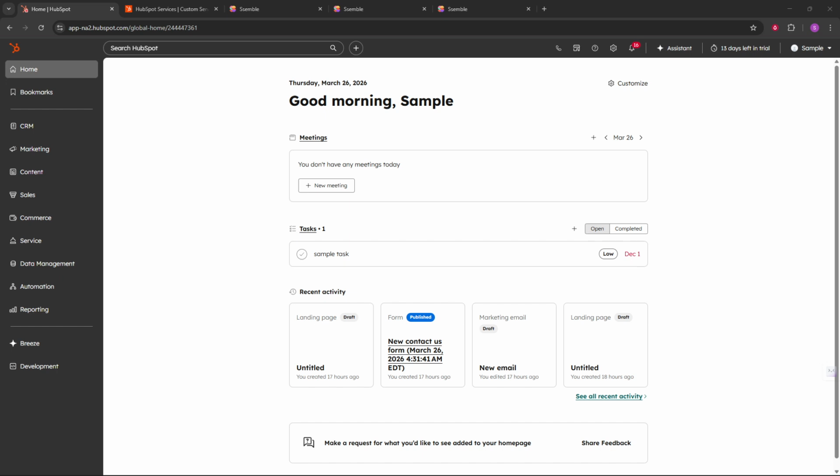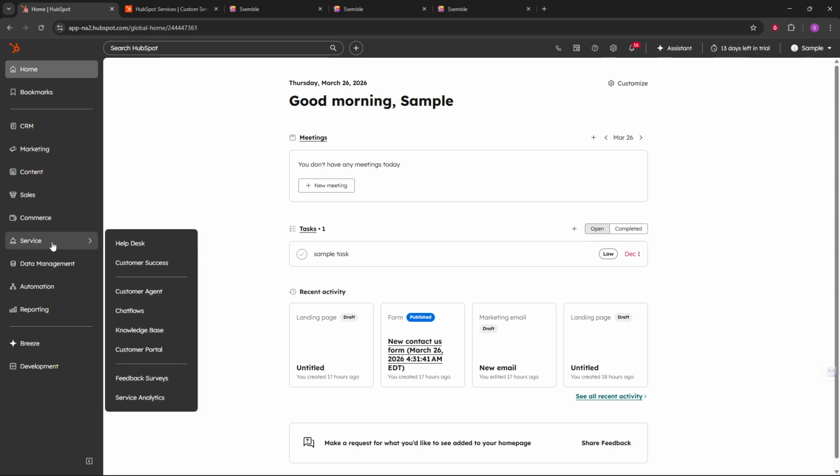Next, access the Service Hub by hovering over the icon on the left side panel. As you move your cursor over the vertical menu, you'll see labels appear. Look for the service area and click it to open the service workspace. This panel is your gateway to everything related to customer support and success, neatly organized so you can move quickly